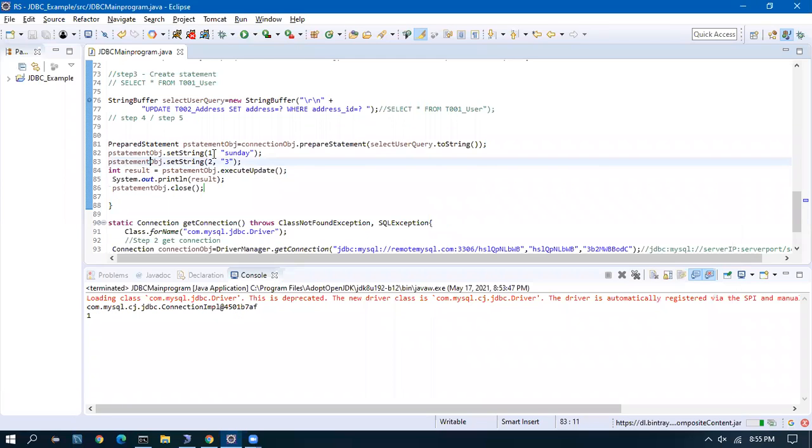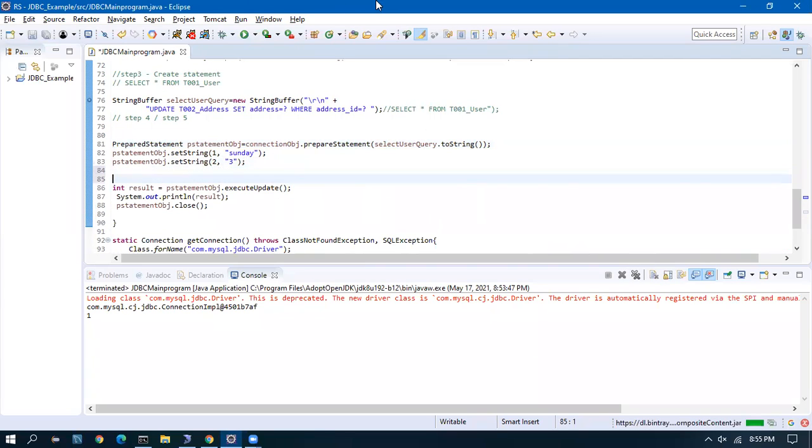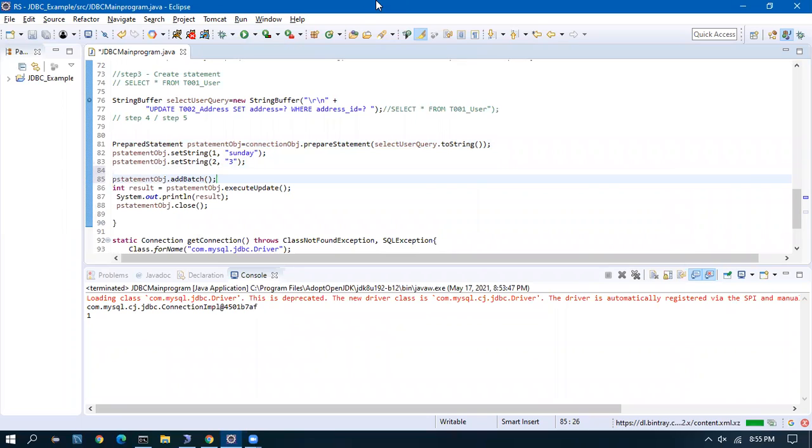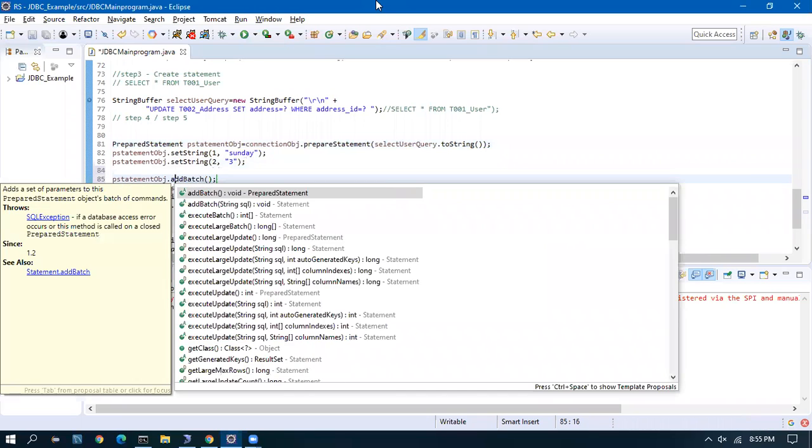After we create a prepared statement, it can be given only once. We have pstatement.addBatch, which will add it to a batch. You see the documentation. Okay, so what they are telling is, it adds a set of parameters to this prepared statement's batch of commands.